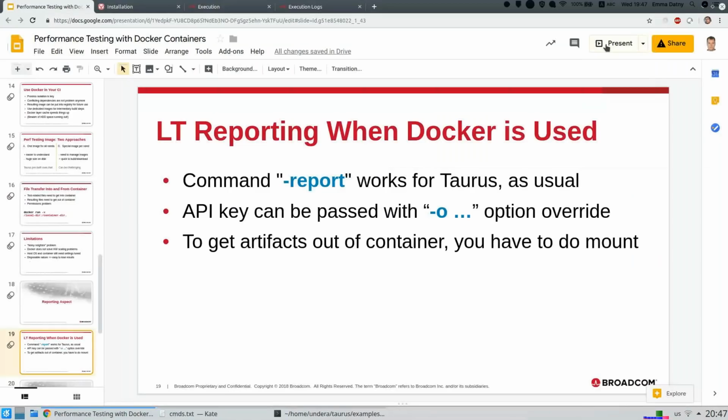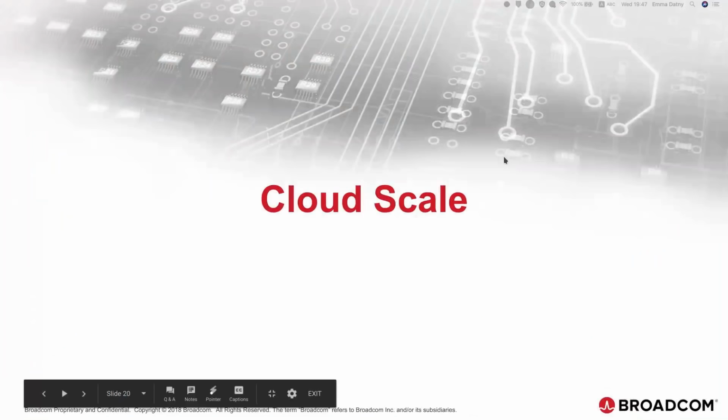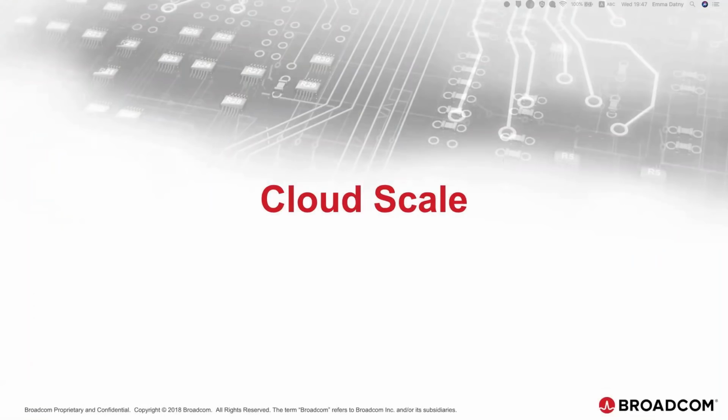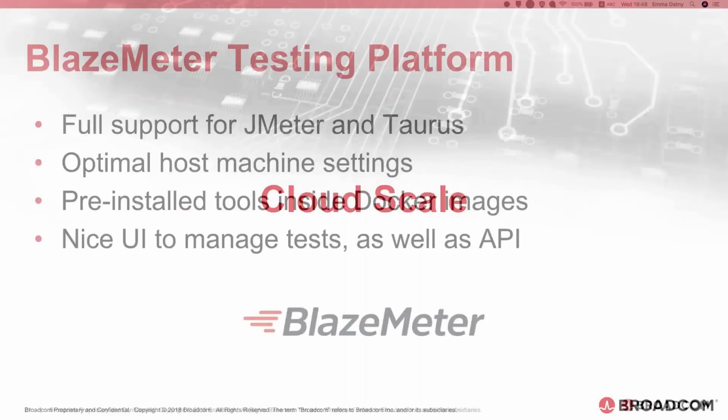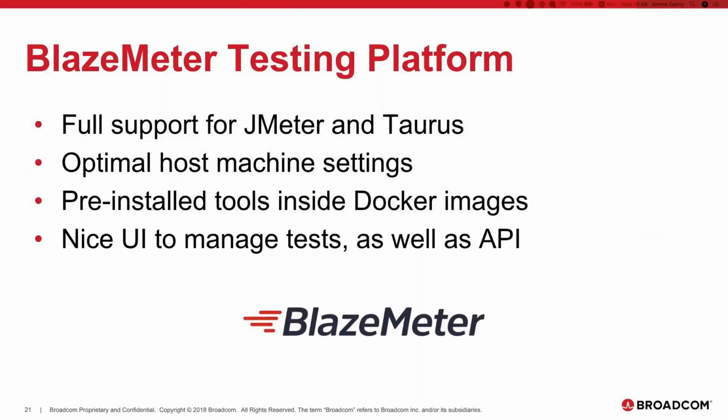Finally, cloud scale. When you need a lot of resources, you remember that Docker doesn't give you free resources. You need to have the hardware to run the Docker containers in case you need massive load. And you can use BlazeMeter testing platform for that. Because we actually run what I showed you today as part of the BlazeMeter cloud scaling platform, but instead of running one Docker container manually, we run hundreds, and we are able to run thousands of them